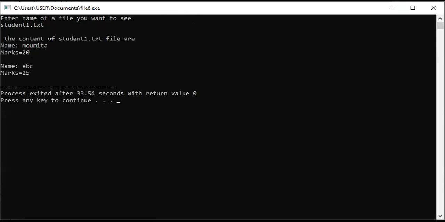Student1.txt. Okay. So all these things print successfully in my output monitor. But you don't write anything here, because this is a read mode. I'm simply reading the file, nothing else. I read the information, whatever the file consists. I'm not writing anything here. I'm writing only the student name, file name here, nothing else. So I'm not writing in between this file.